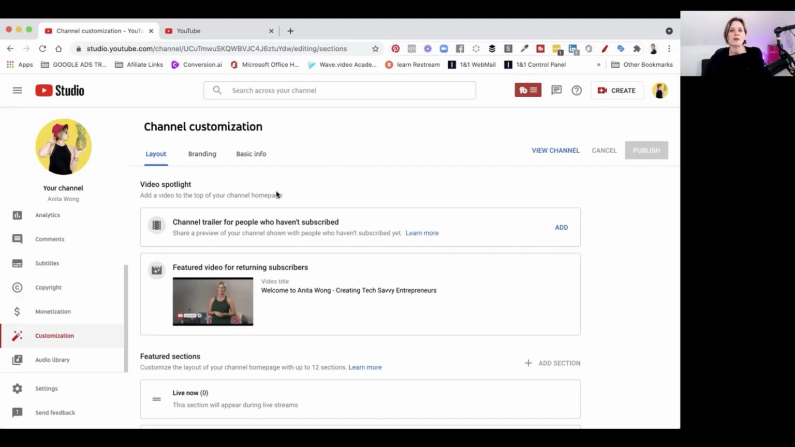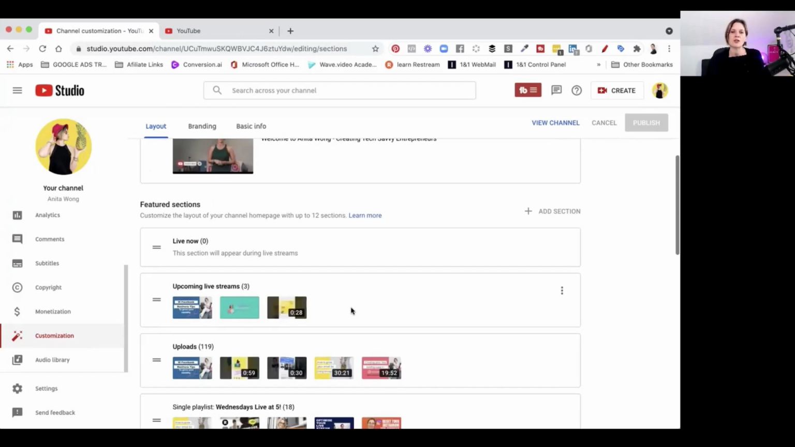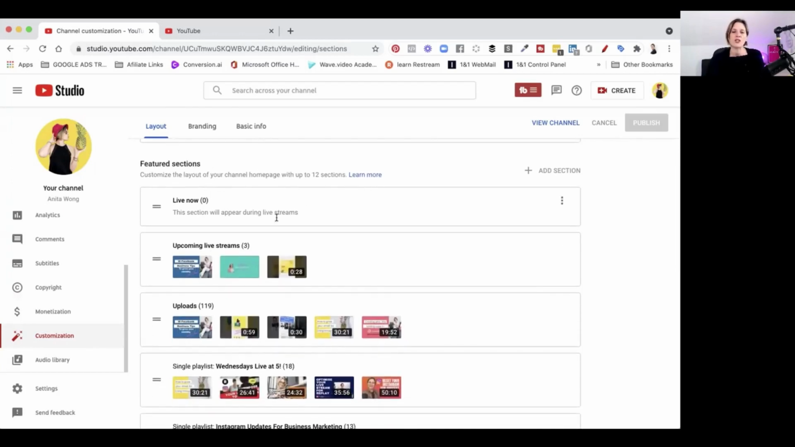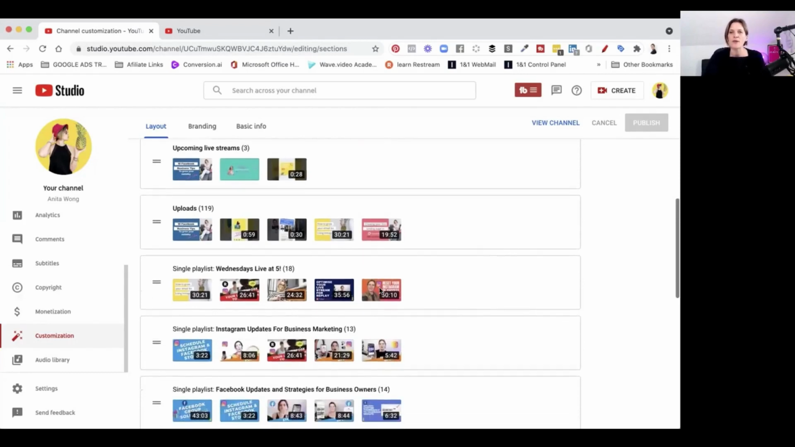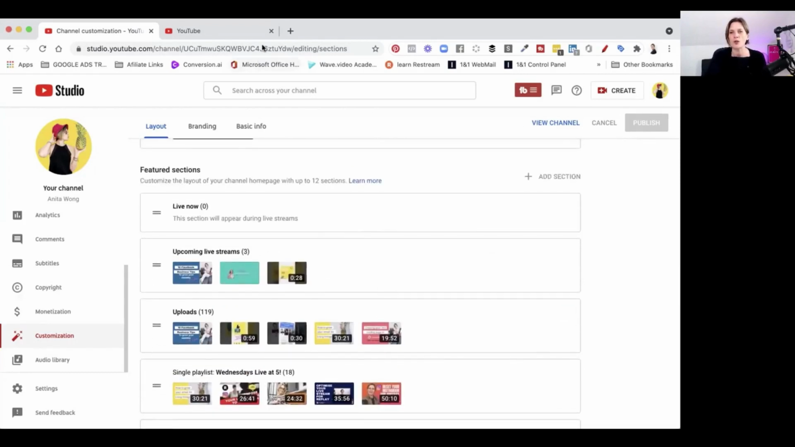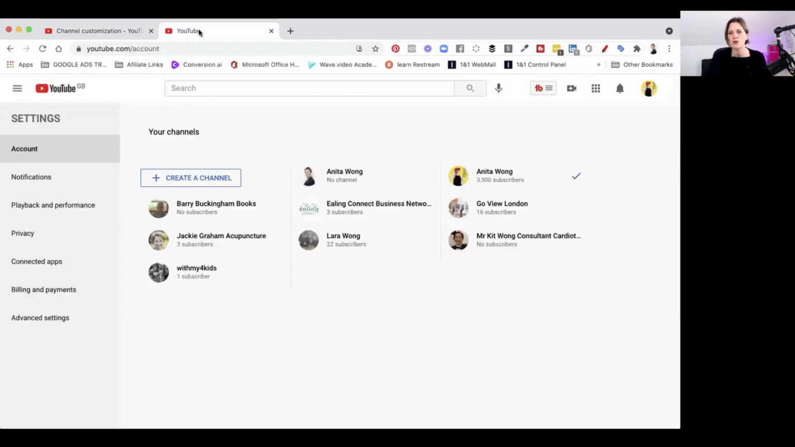Another thing in the layout that is super important is that this controls the featured sections. A lot of you probably haven't got this done, and we are going to be doing this all next week, how to optimize this area. Now, what I want to show you is, if I go to my YouTube account,